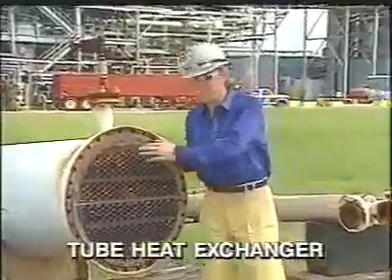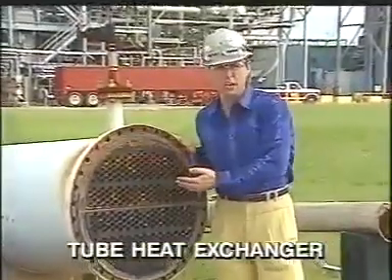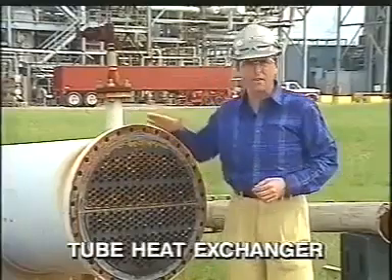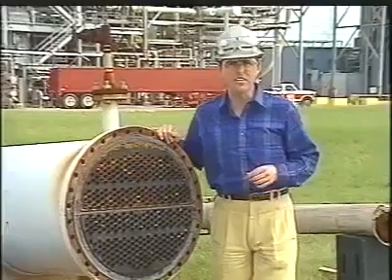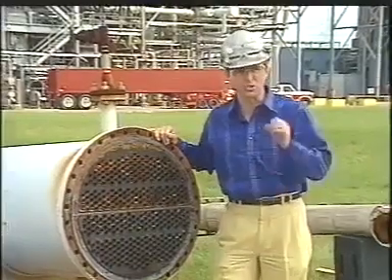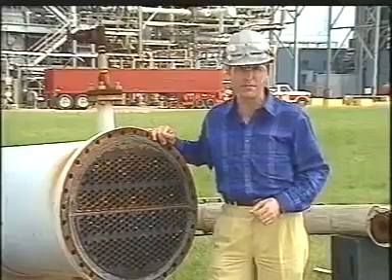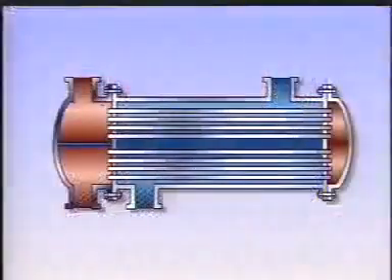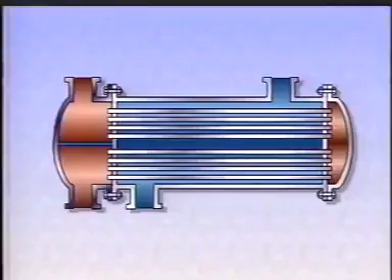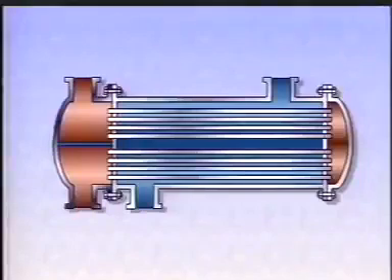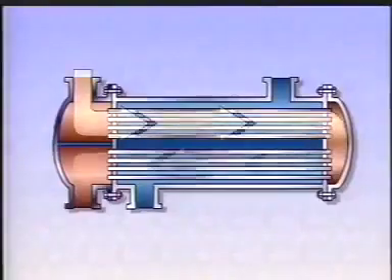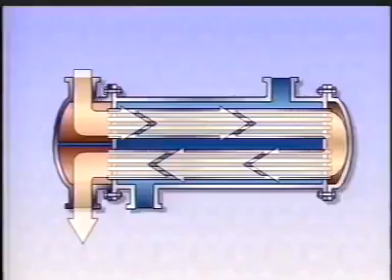Its design consists of a set of metal tubes carrying one fluid and the space around those tubes, known as the shell, carrying another fluid. As we'll see, the internal arrangement of the tube heat exchanger is critical for efficient heat transfer. To increase the amount of heat transfer, the tube side fluid can be put through the exchanger more than once. To do this, a channel baffle is built into the head of the exchanger. This baffle or partition directs the flow through half of the tubes in one direction and through the other half in the opposite direction.